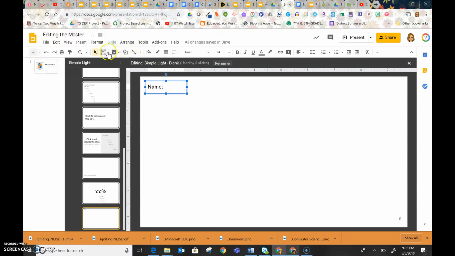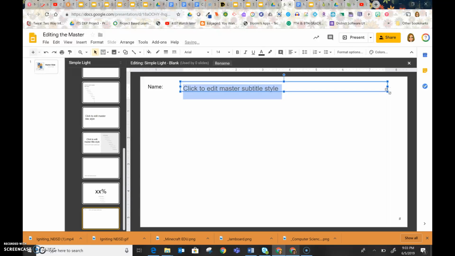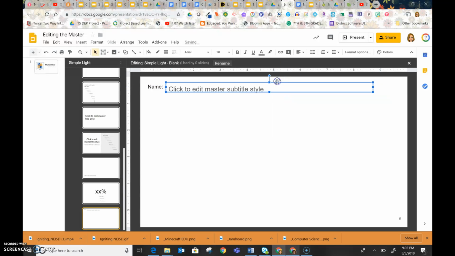But if I come down beside that text box and I tap on Subtitle Placeholder, and I grab right here and I drag across, in this box, the students will be able to put in their name. This text right here will still show up, but at least they'll know where to put their name. So I can move this box a little bit closer right here,